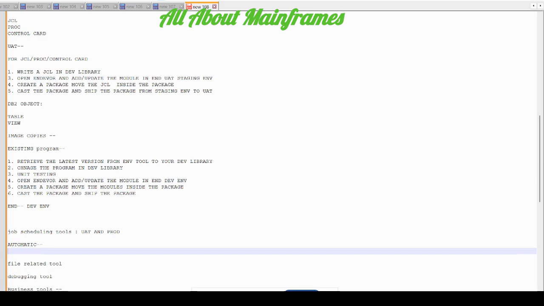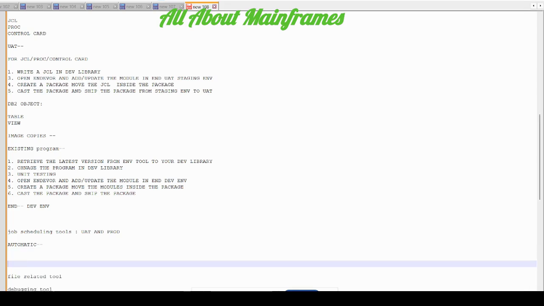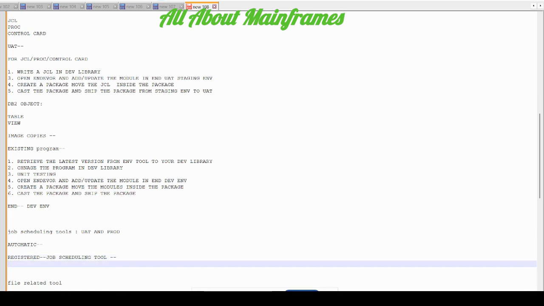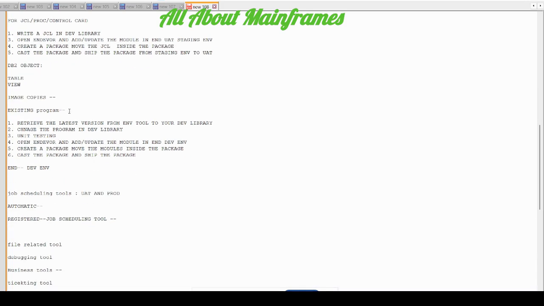If any day anything fails, then you have to fix it. This is an automatic run. Now, how are the jobs running automatically? That is because the jobs are registered in a tool called the job scheduling tool. So whenever you create any job, for example, the example that I gave here for a JCL, if it's a new